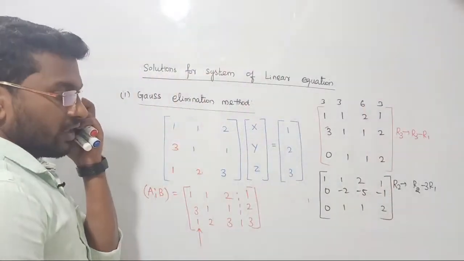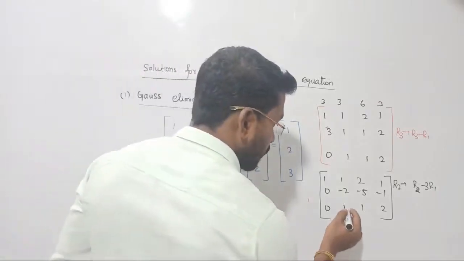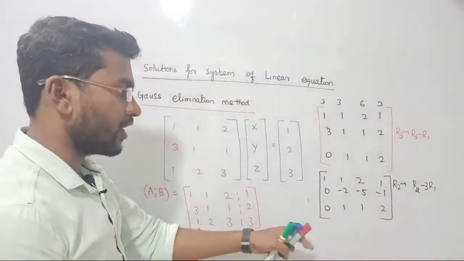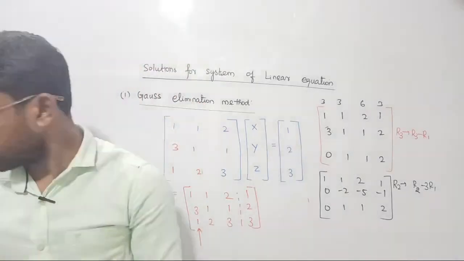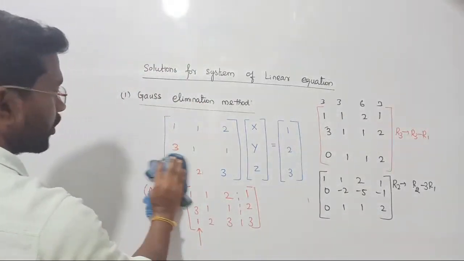Anyway, what is our next task? We have to make this one 0. Automatically we can do it, right? How will you do that one? Let me do it, right? So let us rub this one. Third step. Now what I am going to do,